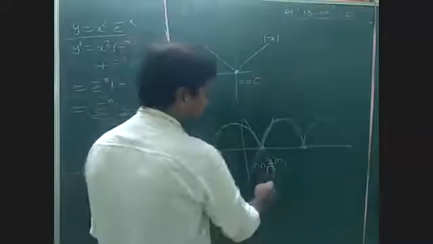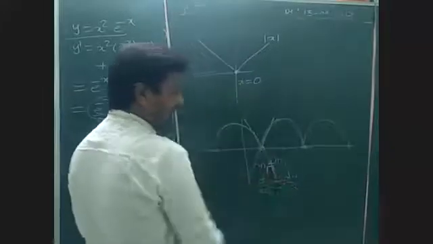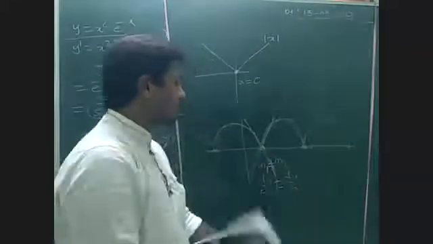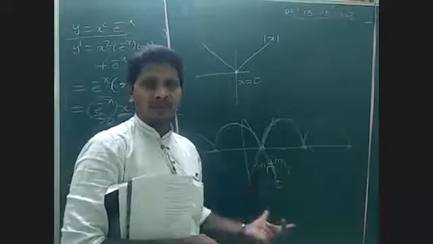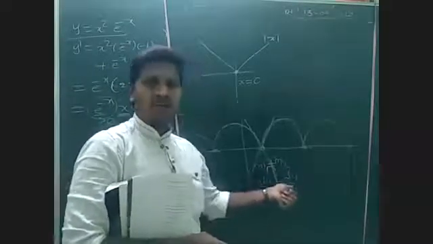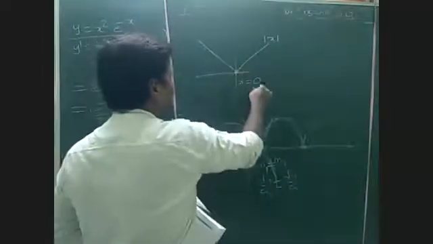m1 is nothing but dy by dx only. m2 is nothing but dy by dx only. Two different dy by dx. So slopes will be different, nothing but derivatives. Left hand limit should not equal right hand, sorry, left hand derivative not equal to right hand derivative. That is the meaning. Here also, this is one line, this is another line.